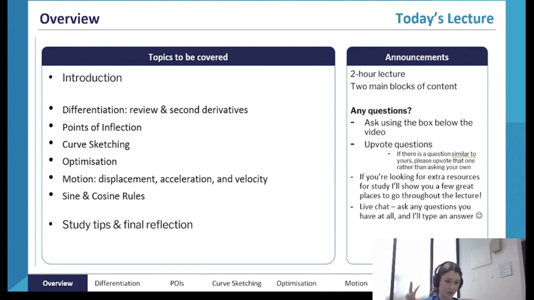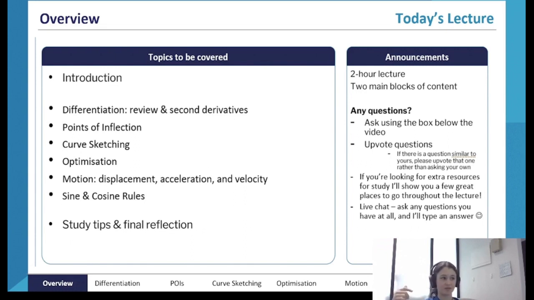The content that we're going over today is, as I said, mostly related to calculus. Firstly, differentiation. We're going to be going over a review of differentiation and then getting into second derivatives, how to find them, what they are. Then we're going to be getting into points of inflection, and as a subsidiary of that, curve sketching and how we can use our differentiation and our points of inflection to sketch curves and find their features. After that, we're going to be going over some optimization questions,